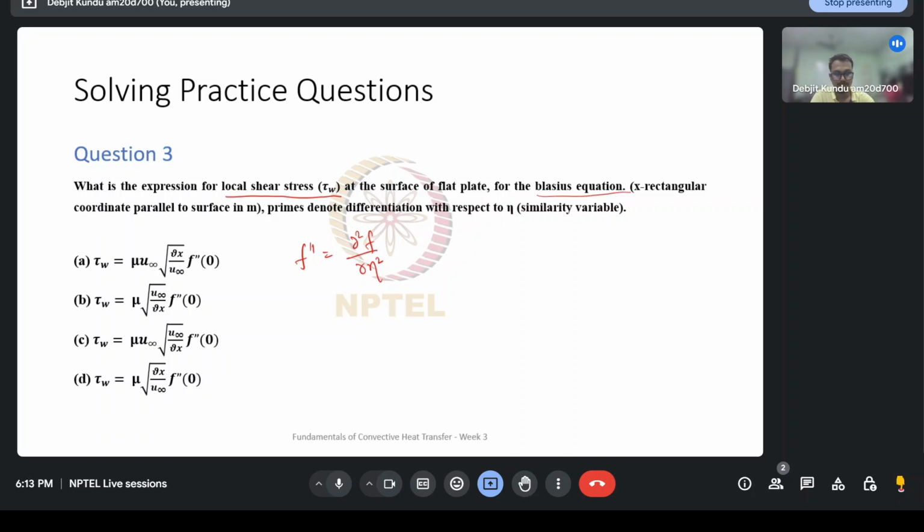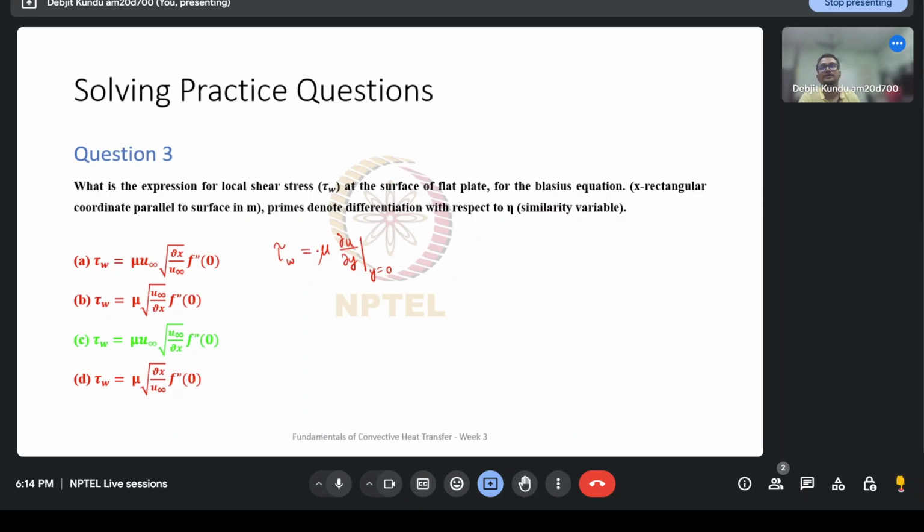So let's take a look at the solution. It's actually option C. So how do we get there? First of all, we have to start with the Blasius equation. A few things which we need. First of all, we need the tau W, which is the shear stress at y equal to 0. So this is basically mu, the coefficient of viscosity, multiplied by the gradient of velocity at y equal to